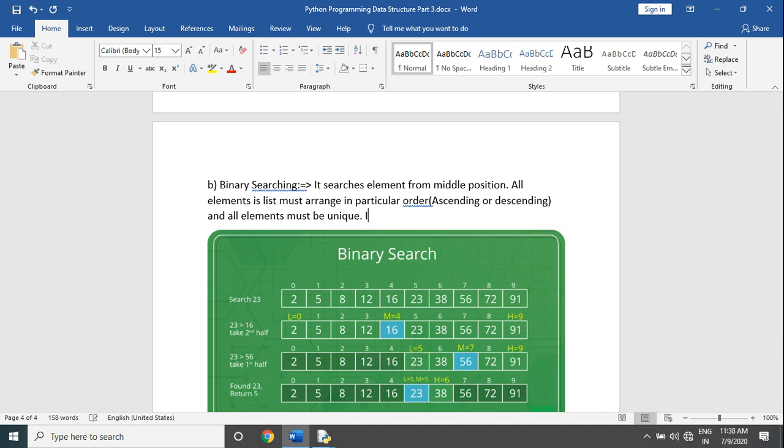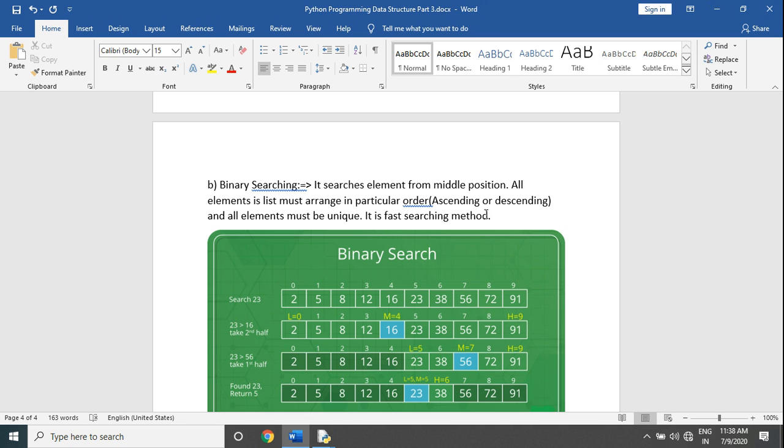It is a fast searching method, so its speed is very fast compared to linear search. Linear search takes a lot of time to search an element, but in binary search its speed is very fast.